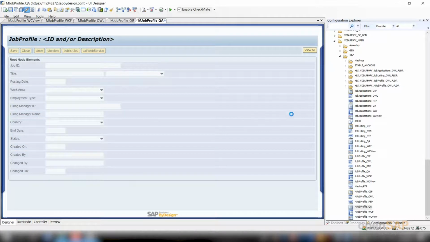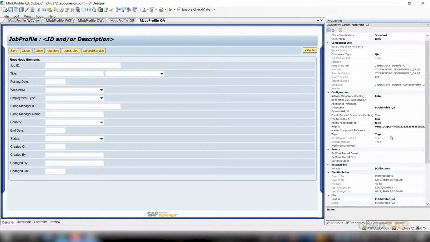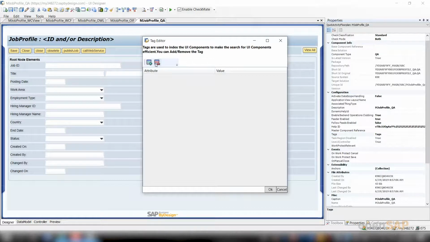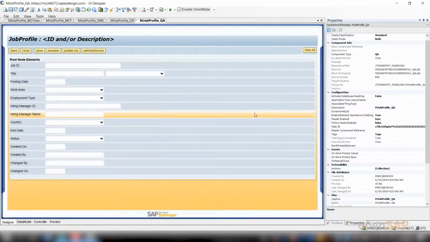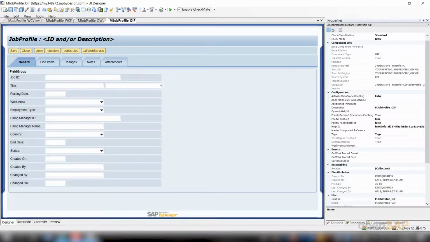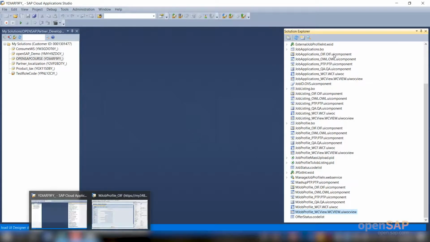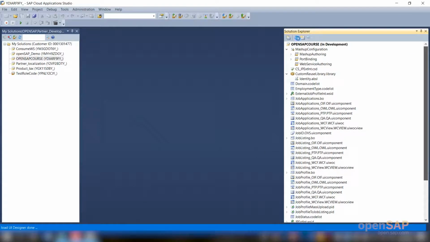I go again to the edit mode of the QAF, OK, come here, go to the tags, add the device, mobile HTML, click on OK, save and activate. It's done.